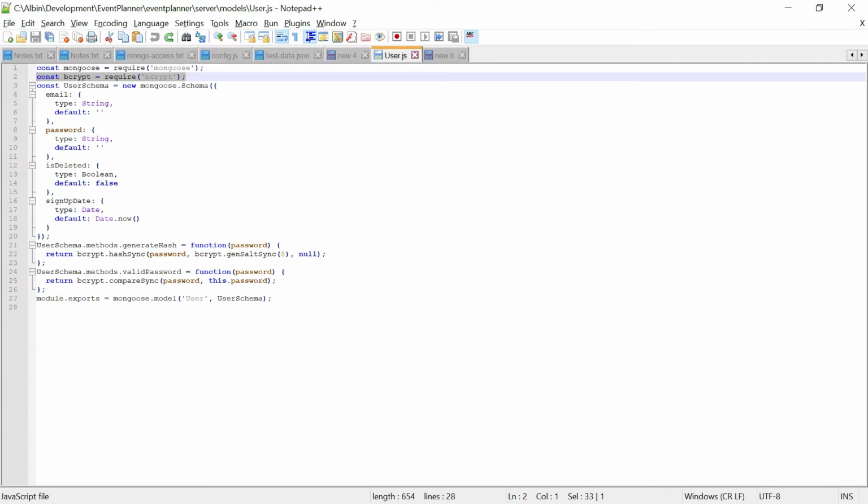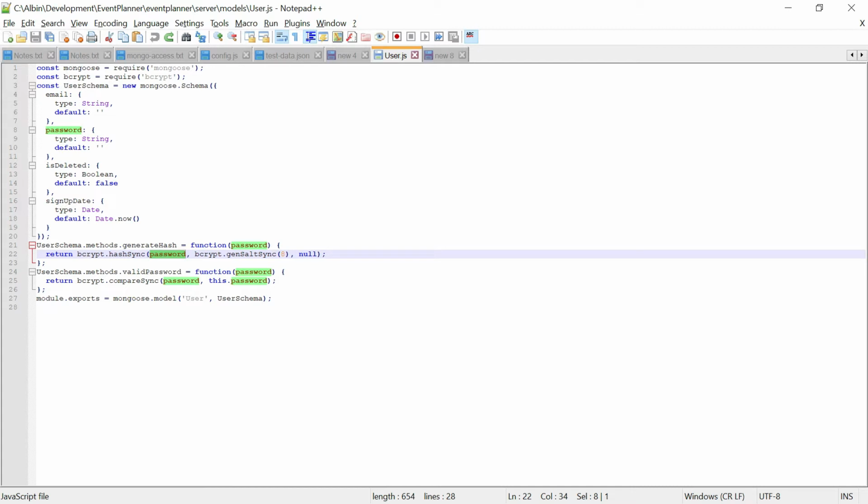So here I am just using this bcrypt.hashSync. Then what is the password? Then the salt sync. Then again I am comparing this with the actual password whenever the user tries to log in. So if both are the same, then I consider the login successful and create the user session.